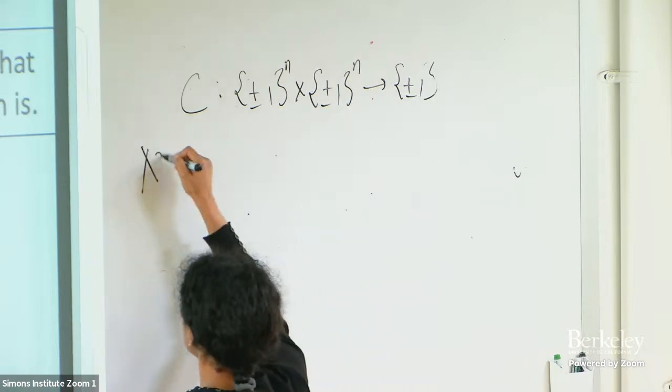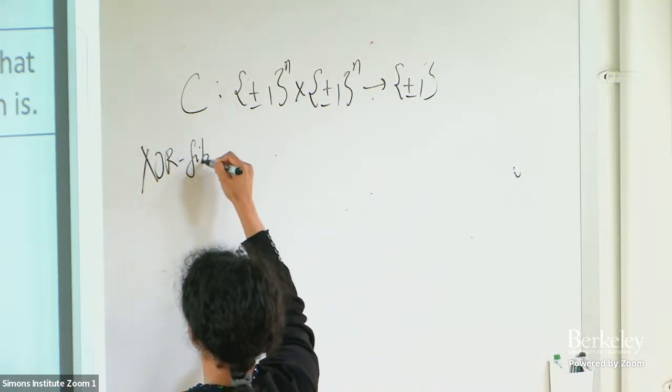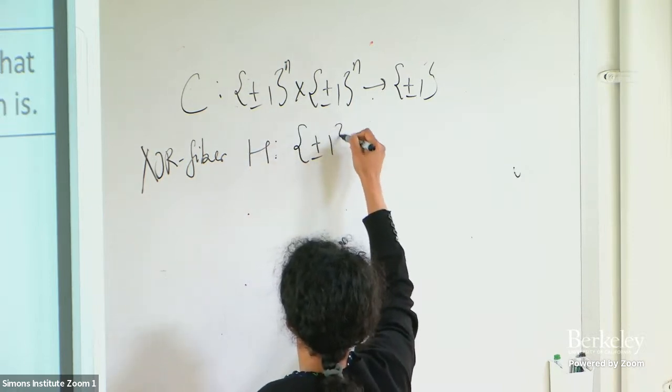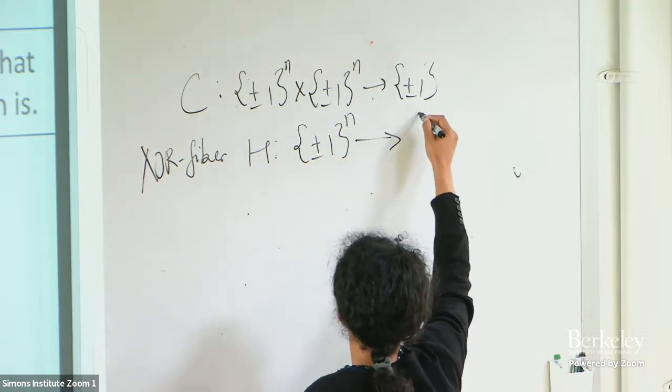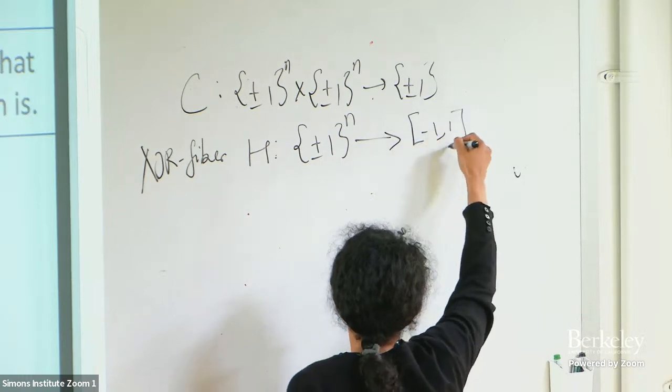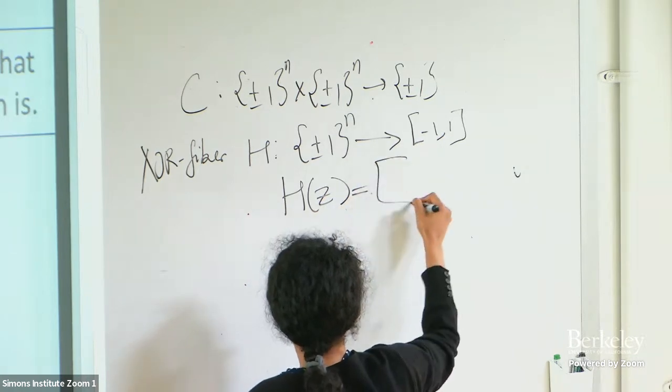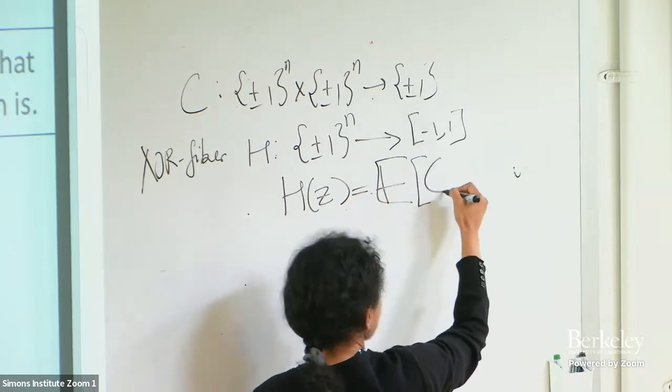And the XOR-fiber H is a function from {+1, -1} to the n to [-1, 1], where h of z is the expectation of